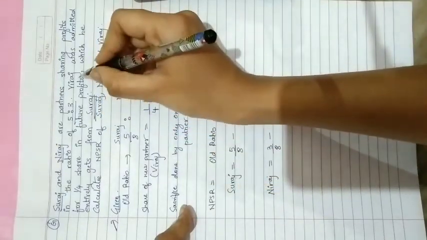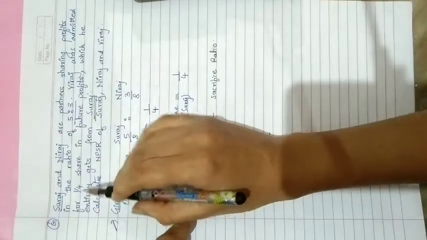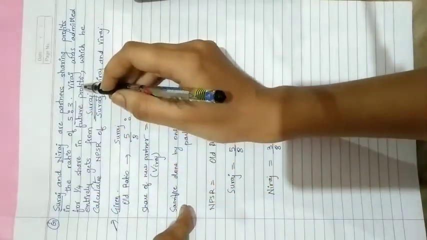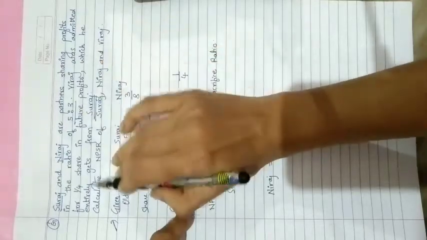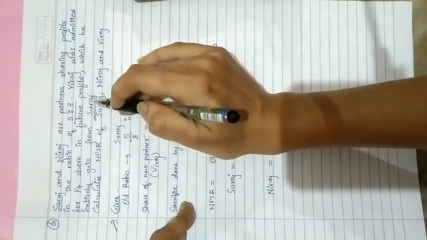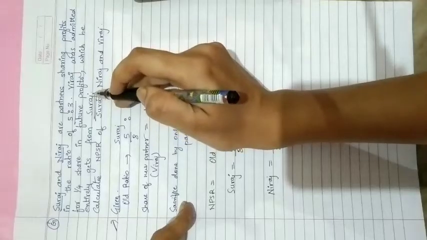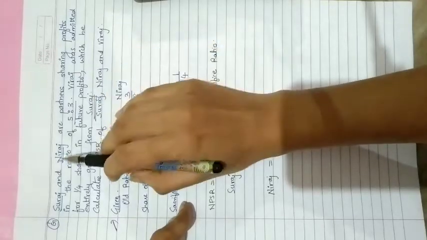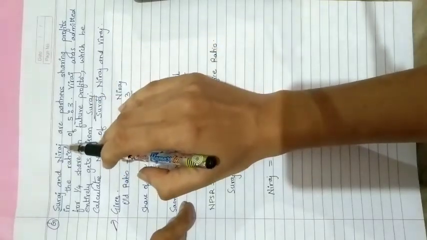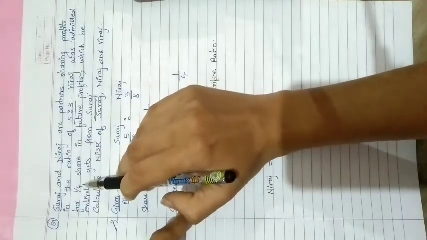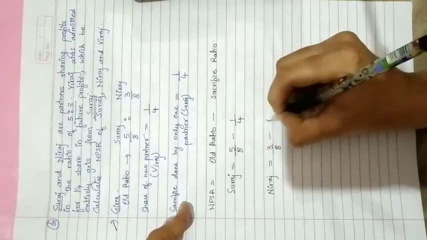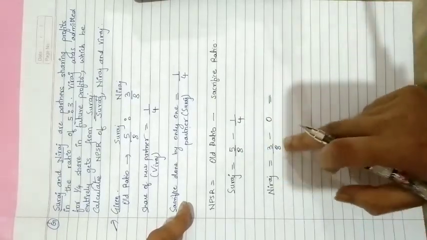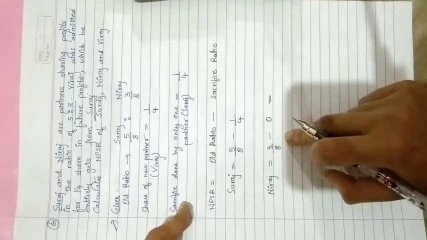Only Suraj is doing the sacrifice over here, because what is written over here? Viraj was admitted for 1/4 share in future profits. That means they have given Viraj 1/4 share in future profit, which he entirely gets from Suraj. So Suraj is only doing the sacrifice in this problem. Neeraj is not doing any sacrifice to give the share to the new partner. Okay, so here I will write 1 upon 4. Here I will write 0, because Neeraj is not doing any sacrifice over here.